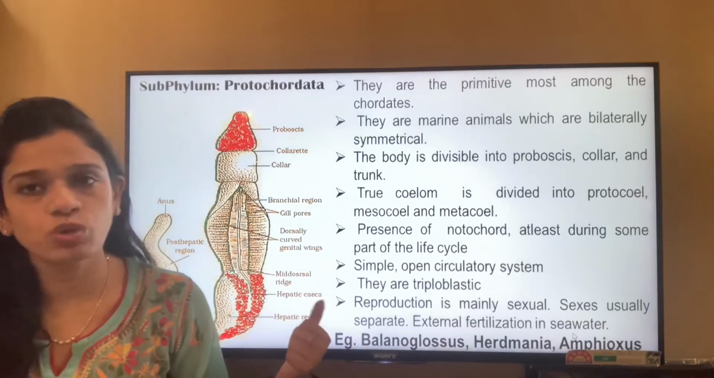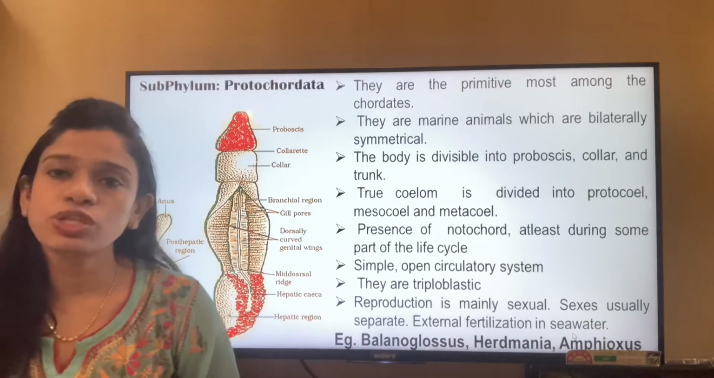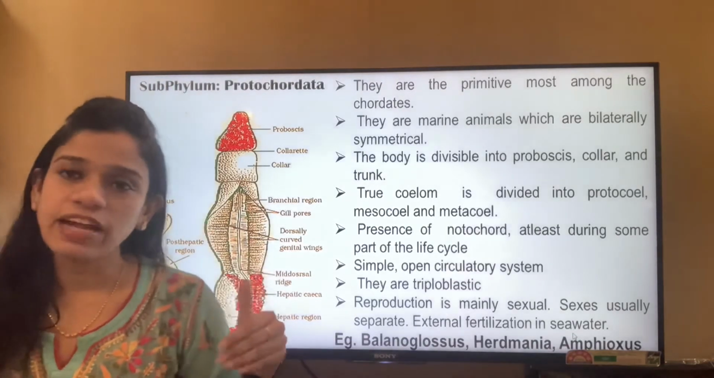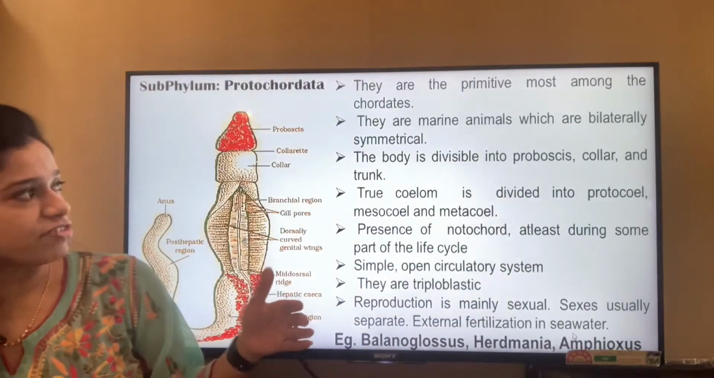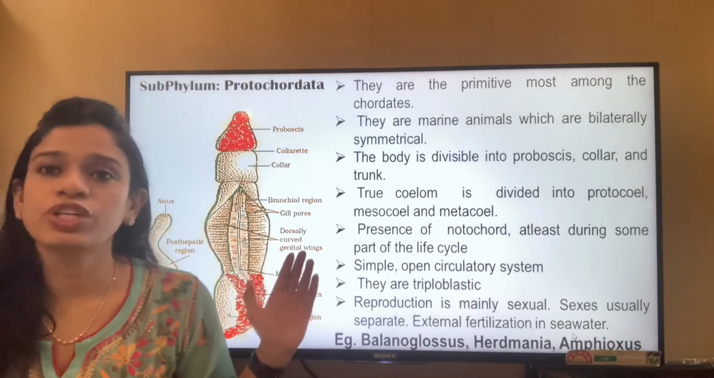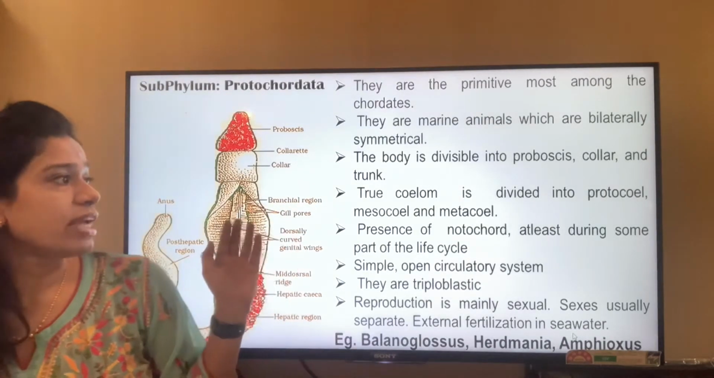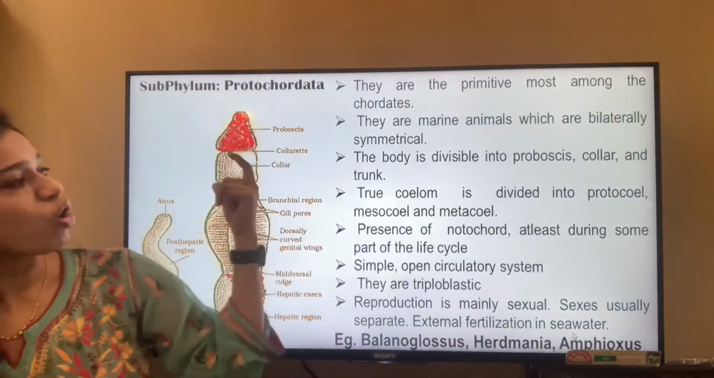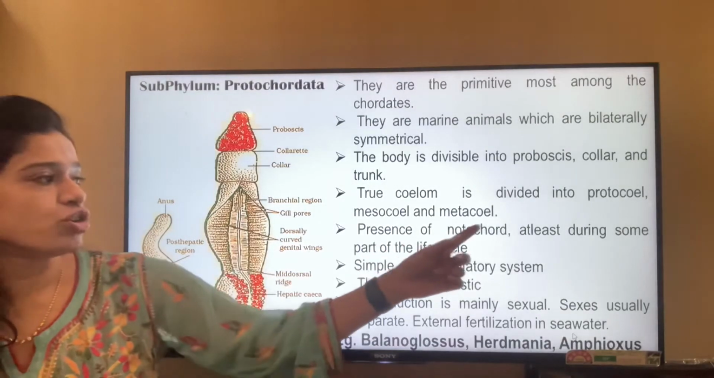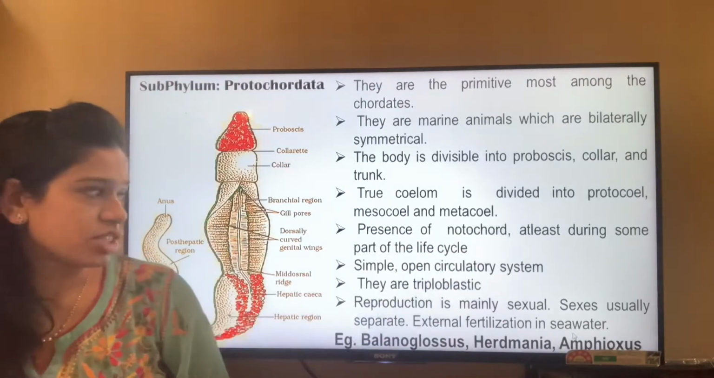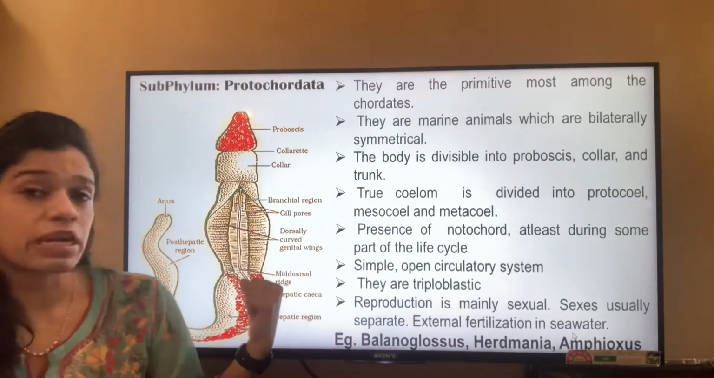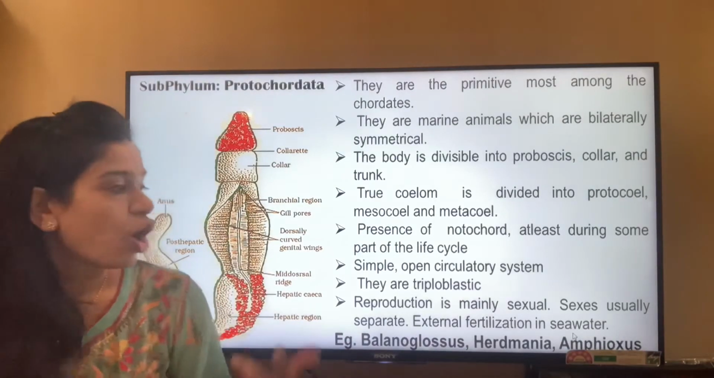and notochord is a longitudinal rod-like structure which is present at the back of the body, and it divides the nervous tissue from the digestive tract. These are mostly marine animals. They are bilaterally symmetrical, which is a feature of the chordates. Their body is divided into proboscis, collar, and the trunk. They are truly coelomic and the coelom is divided into protocoel, mesocoel, and metacoel. And the notochord is present throughout the life of the